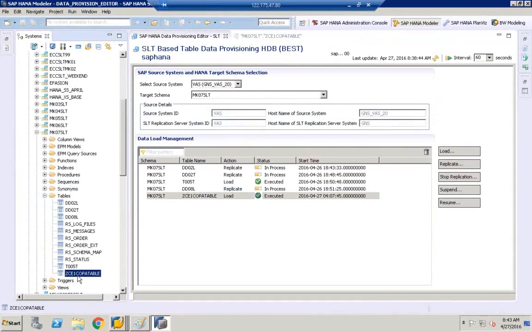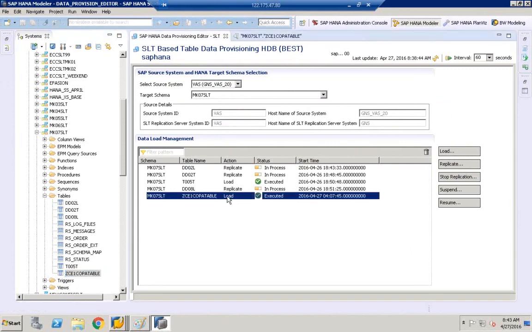Freshly it creates a new table. Whatever data you have, we have 3 records on the source system. Those 3 records will be loaded to HANA. So during this time, it will execute load executed for the first time, and then when it changes from load to replicate,